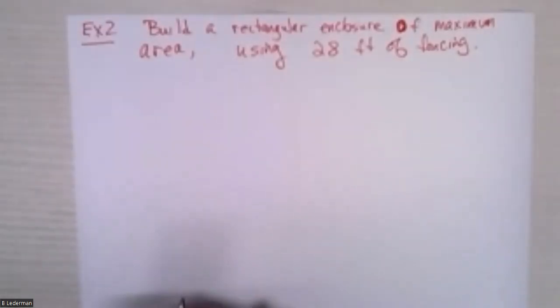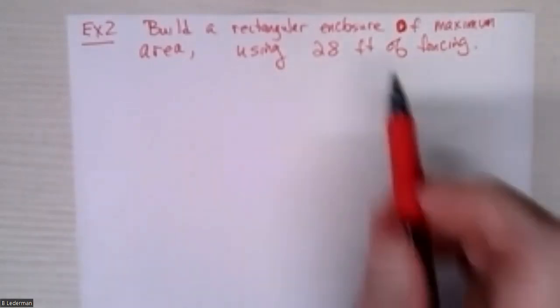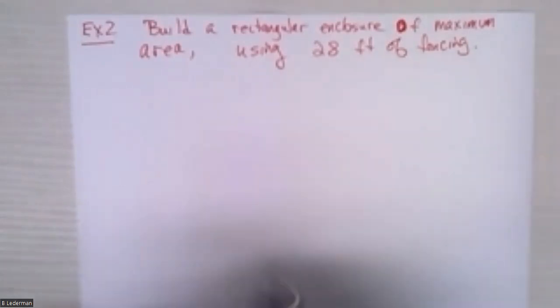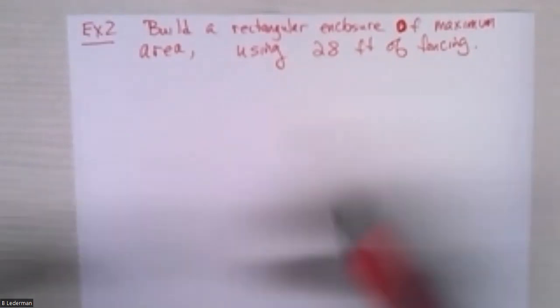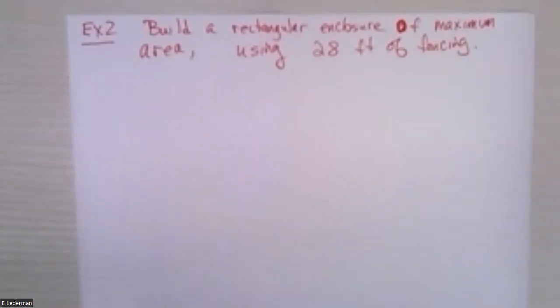Now I want to do a second problem, and it's kind of the flip side of the first one, because the first one we set the area was 25. We wanted to find the minimum perimeter. Now instead of setting the area and finding a perimeter, we're setting the perimeter at 28 feet, and we want to find the maximum area that I can get from that 28 feet. So I want to get the biggest bang for my buck. So I have 28 feet of fencing, and I want to build this enclosure so it's the most area for whatever reason. Anyway,